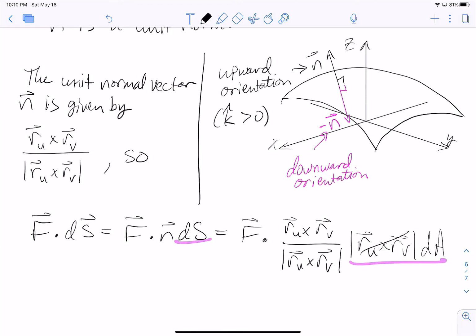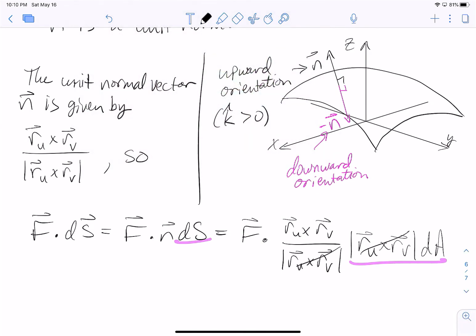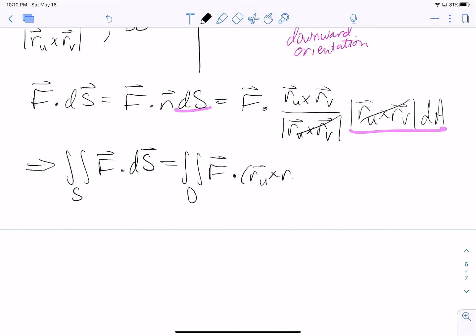And as you can see, the magnitudes divide out. This implies that the surface integral over S of F dot d vector S is equal to the double integral over D of F dot ru cross rv dA. Note, this is no longer a unit normal vector, it's just a normal vector